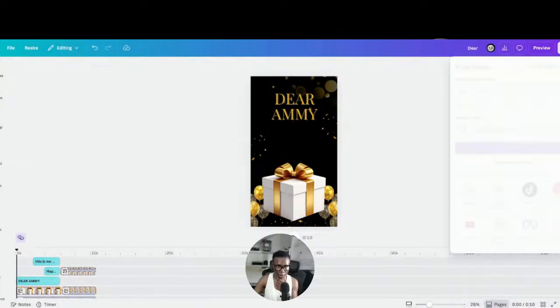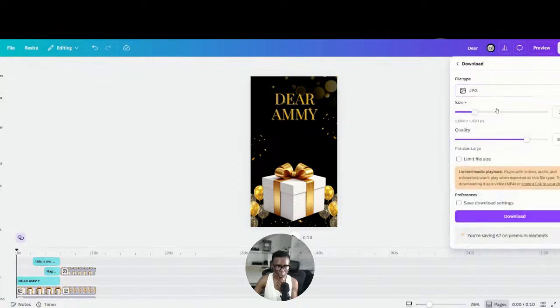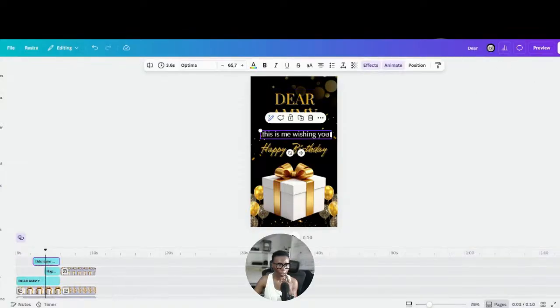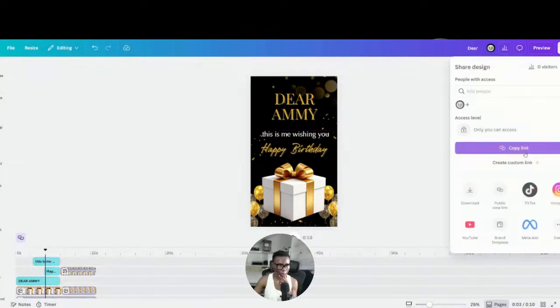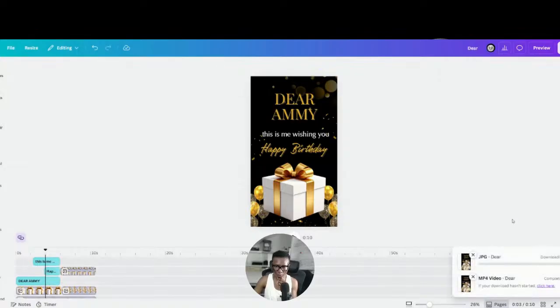Now we're going to come back to share. Now we're going to download as a JPEG. So JPEG is basically like, let's say the person wants a picture of this, right? We're going to also download this as a JPEG. So we're going to come here and download these. Let me click out as a JPEG. You want to download this one also as a JPEG, right? Then you click on download. So it's downloading. So you have your JPEG and you have your